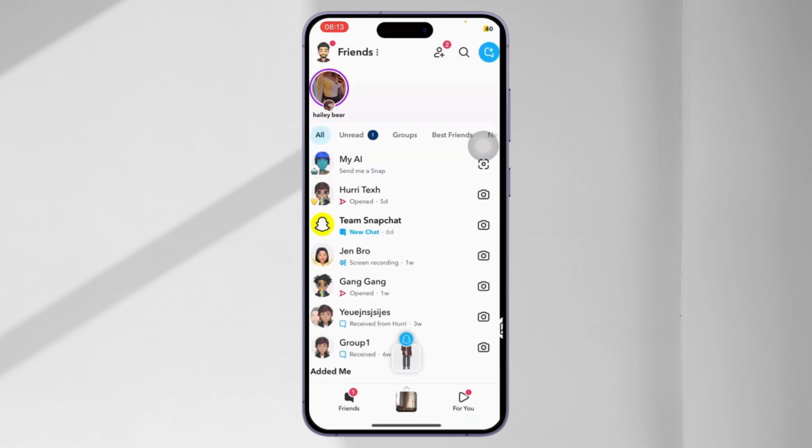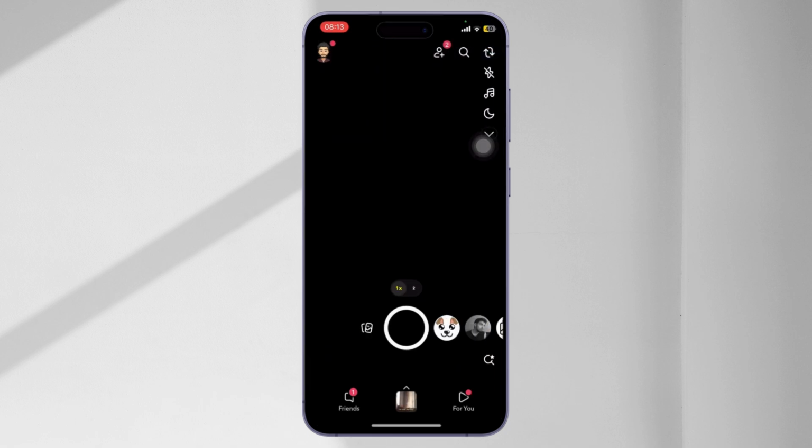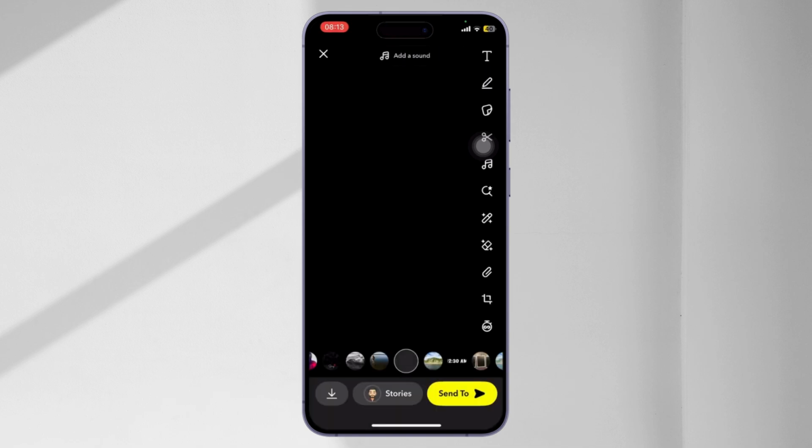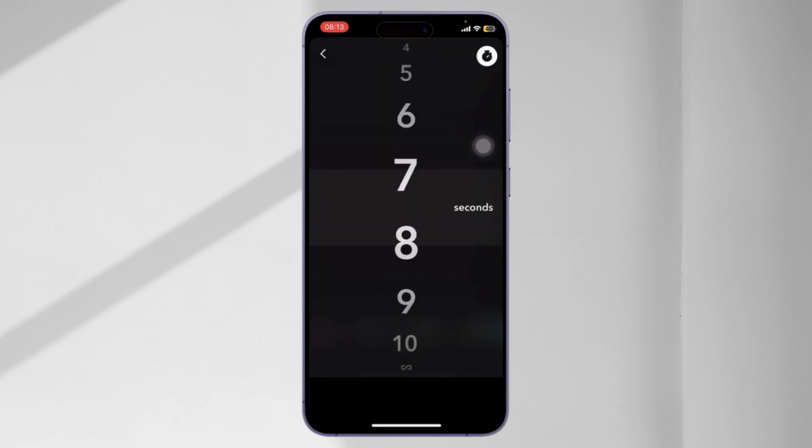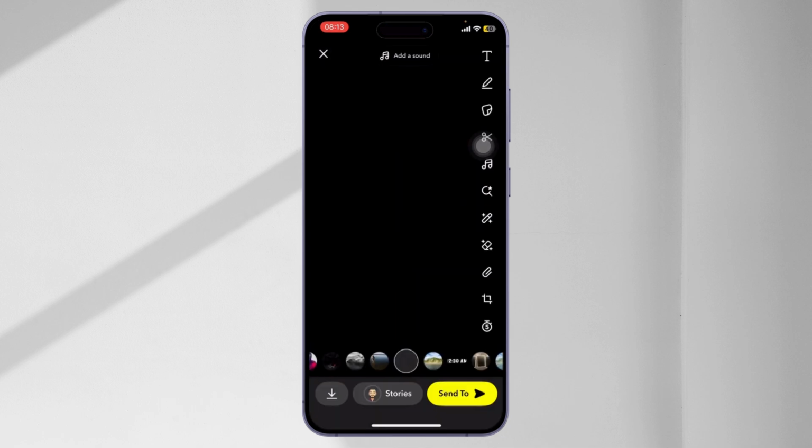Now whenever I send them a snap, I want them to save it, but if they can't do that, that might be because you send it using timer. So what I mean is, when you take a snap, and after you take a snap, when you try to send it, you have enabled this timer. If you enable this timer, they actually can't save the snap because the timer runs out and the photo goes